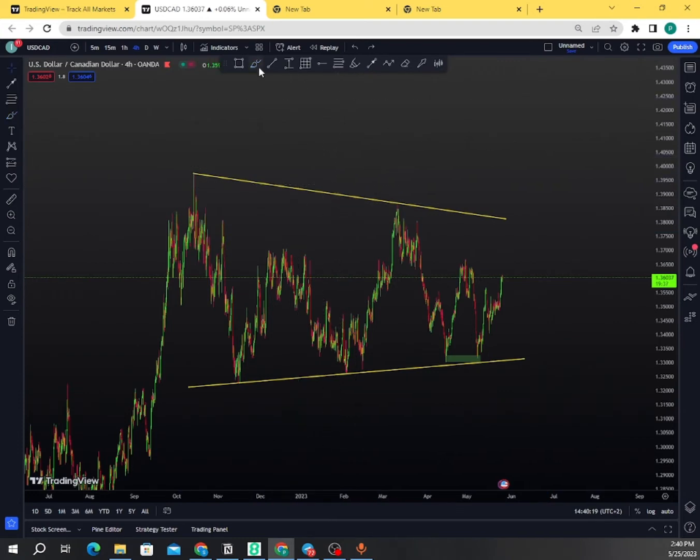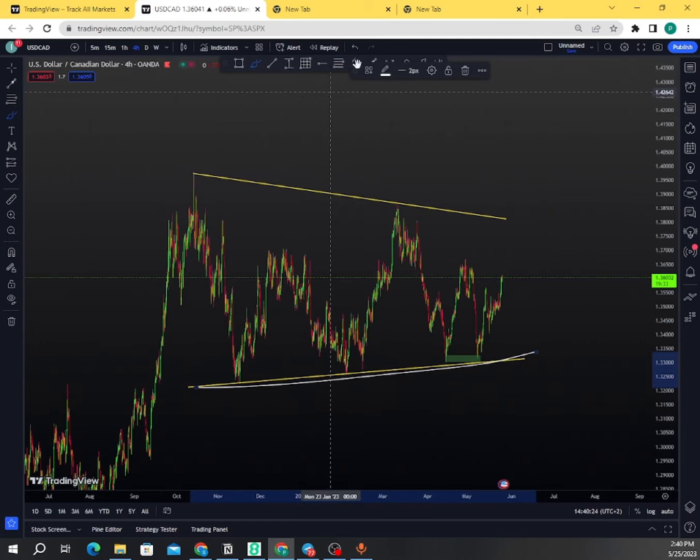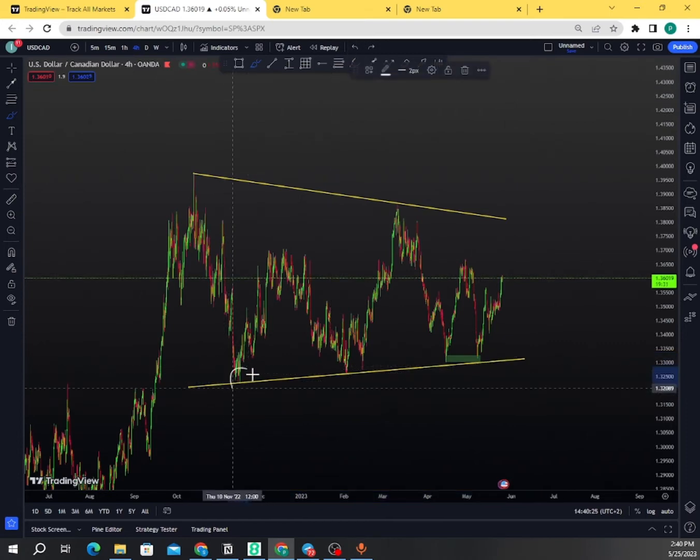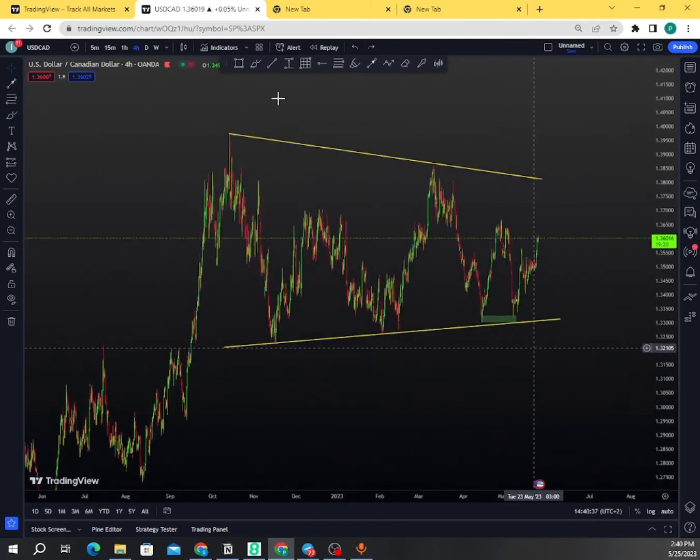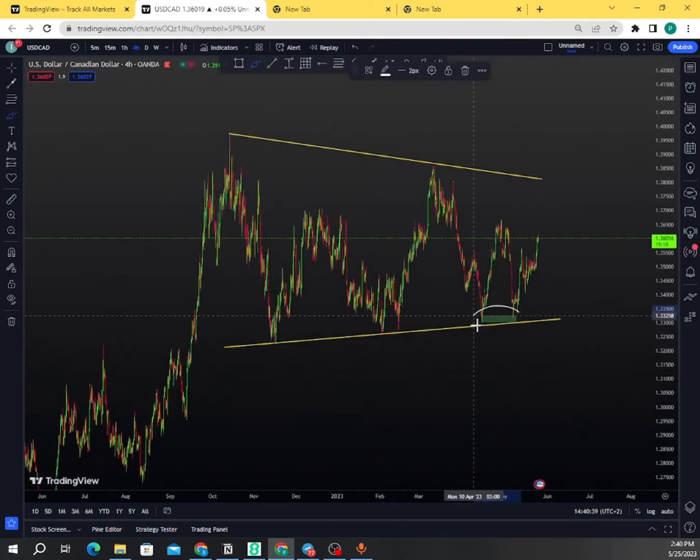So we also had a trend line that was acting as a support, which is this one below here. So price came, respected it for the first time, respected it for the second time, came here and respected it for the third time. So what I did was that, okay, fine, price is now acting here